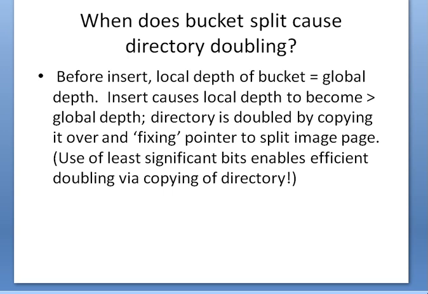Whenever you are inserting, you should check if the global depth is equal to the local depth of the bucket. In that case, the insert causes local depth to become greater than global depth. The directory is doubled by copying it over and fixing the pointer to the split image page. Least significant bits are used.